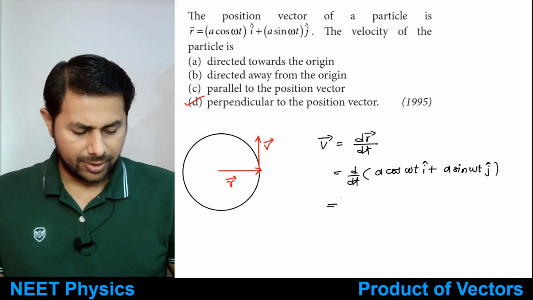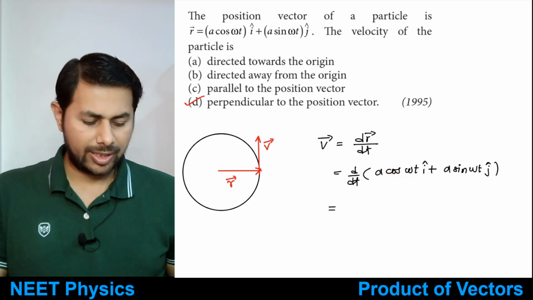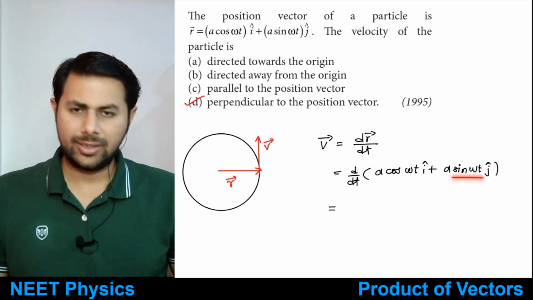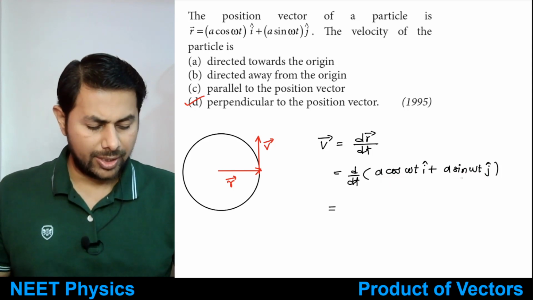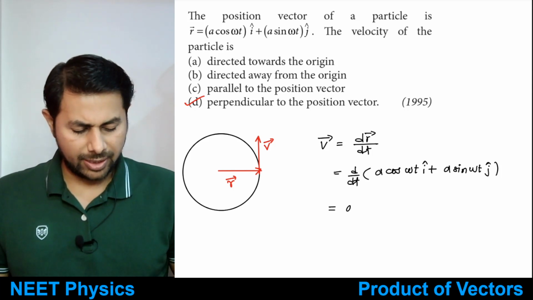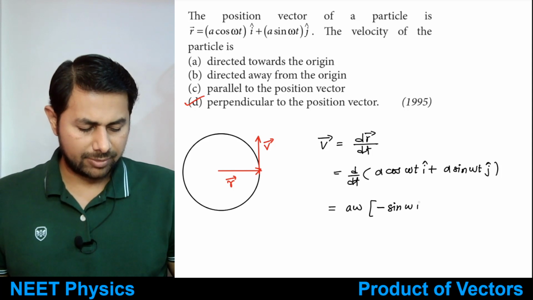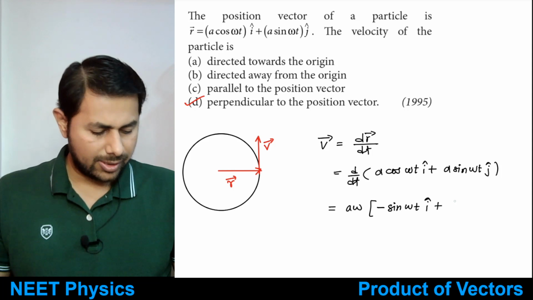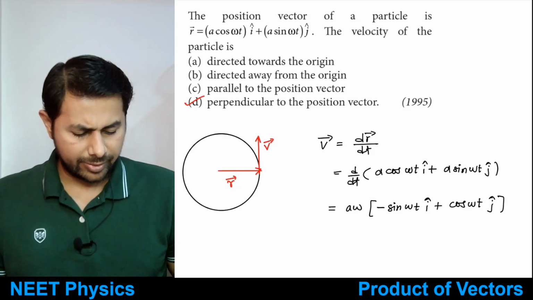The derivative of cos omega t is minus sin omega t multiplied by omega. The derivative of sin omega t is cos omega t multiplied by omega. So you can write a omega multiplied by minus sin omega t times i cap plus cos omega t times j cap. So this is v bar,